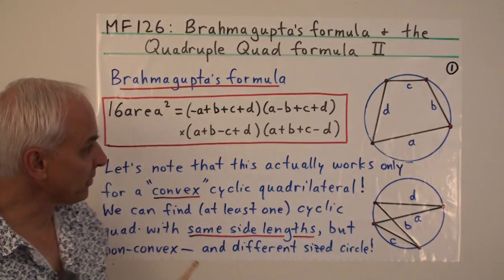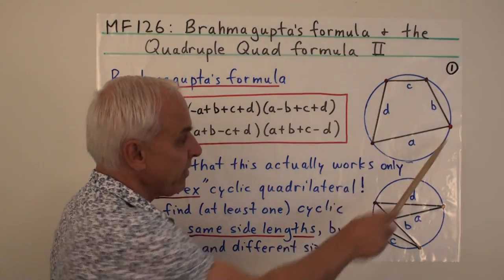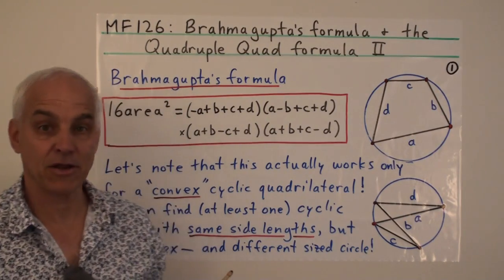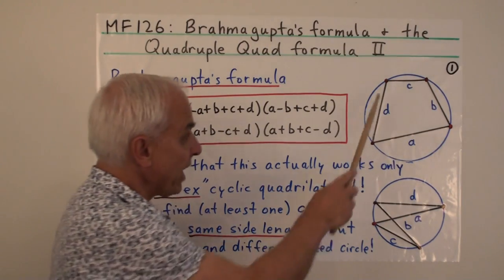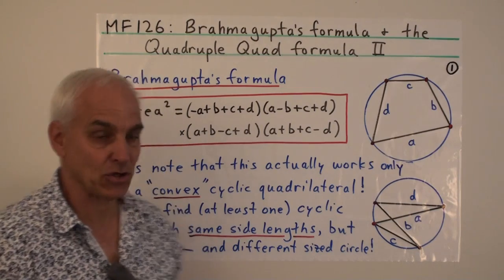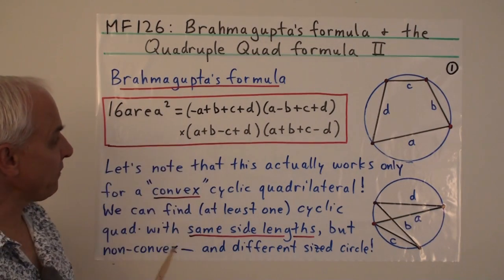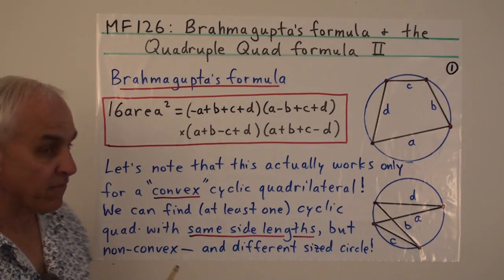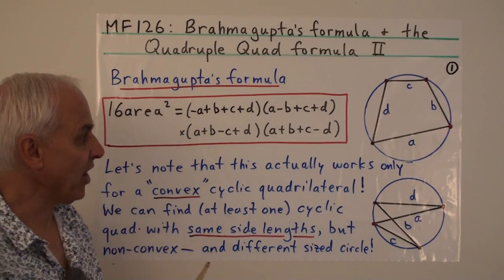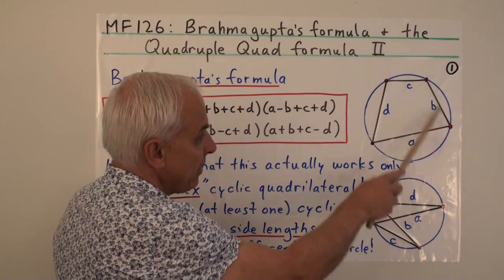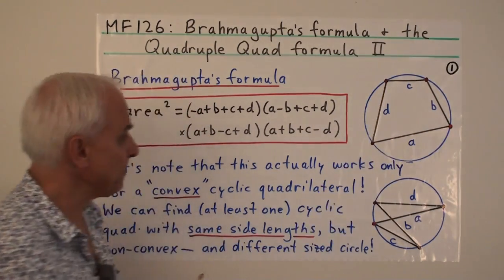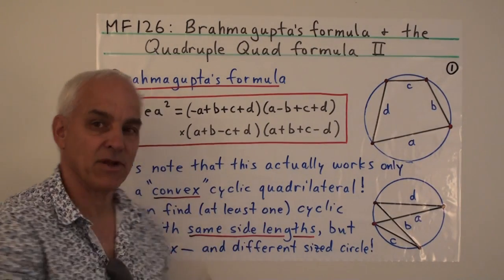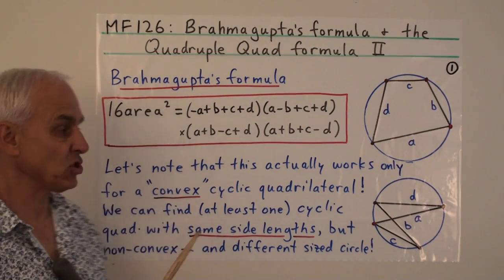Okay, so what was Brahmagupta's formula? Well, it was concerned with a cyclic quadrilateral. That's a quadrilateral whose 4 vertices lie on a circle. And the classical formula is given in terms of the 4 lengths of the sides, A, B, C, and D. And here's one way of rewriting the classical formula, just involving a little bit of squaring.